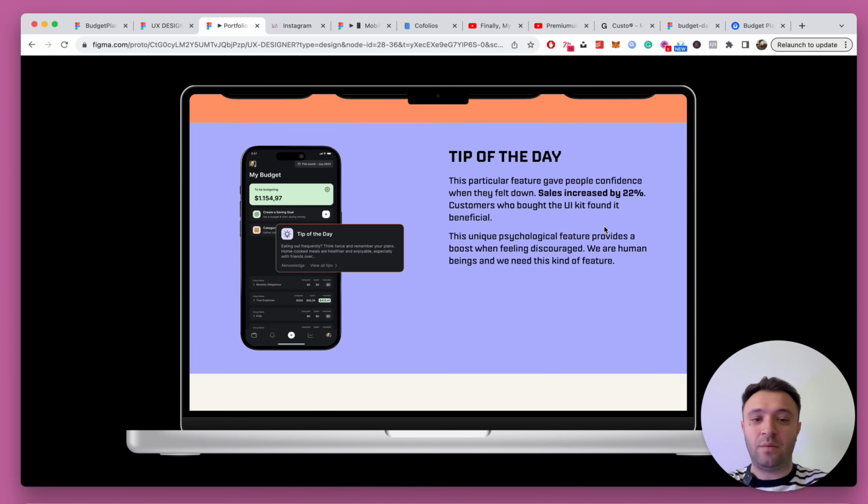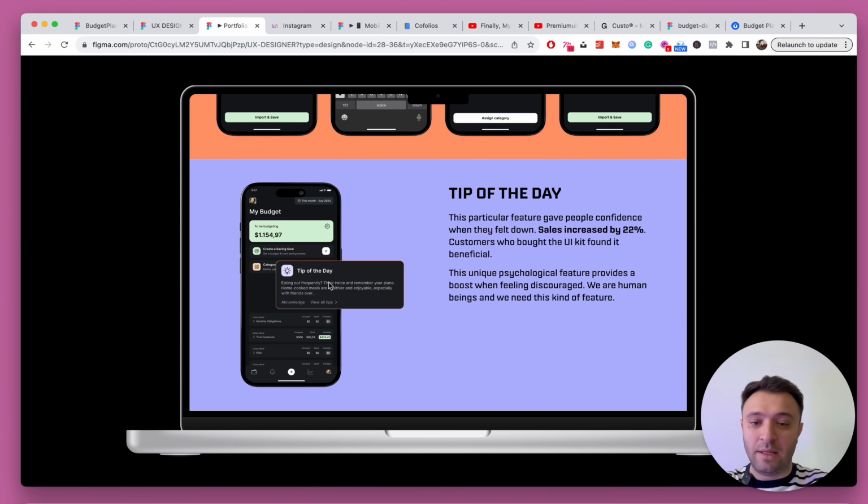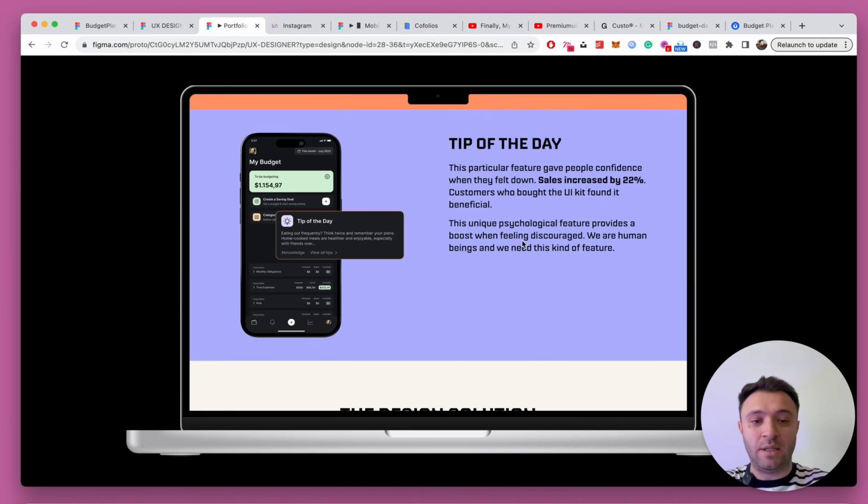Another aspect that was a very good improvement for my app is that I included the tip of the day. So this particular feature gave people confidence when they fell down. Sales increased by 20%. Customers who bought the kit just wrote me and said that this is very well executed. I don't want to brag, but this is what I received from people because I tried to involve and insert